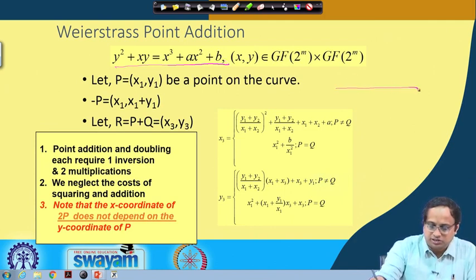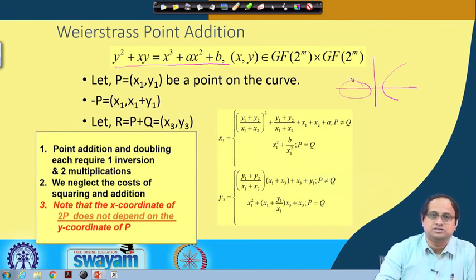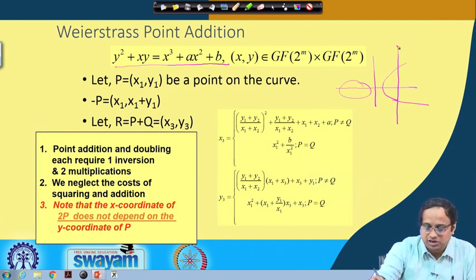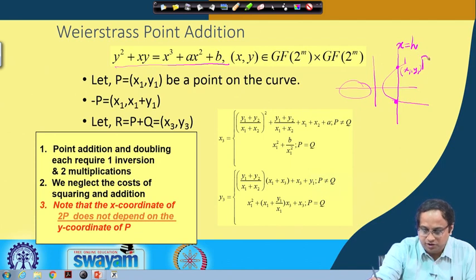And consider, so the idea will be the same. That means I have got my elliptic curve in this way. So, imagine that this is my elliptic curve, and I will draw a straight line like this. This straight line is say x equal to h. Now if this is my point x1, y1, I consider this point as the negation of p. So, if this is p, then this point is minus p.